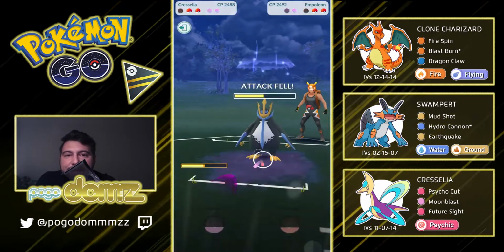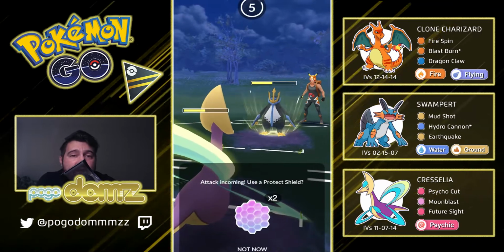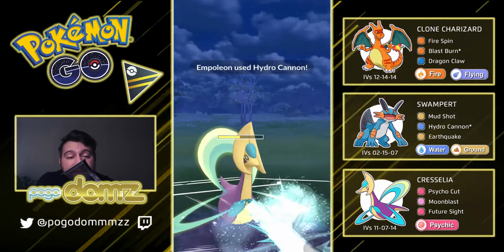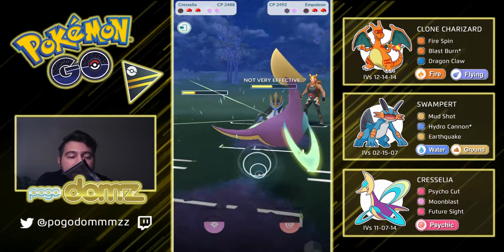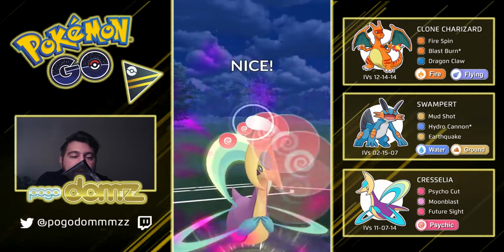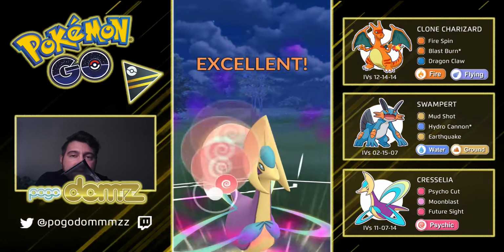Hopefully you can get that attack debuff, because Waterfall and Hydro Cannon is going to cause a lot of damage for Cresselia. So we did get that attack debuff, which is great. Going to let go another Hydro Cannon. And we're going to see here, it's really...